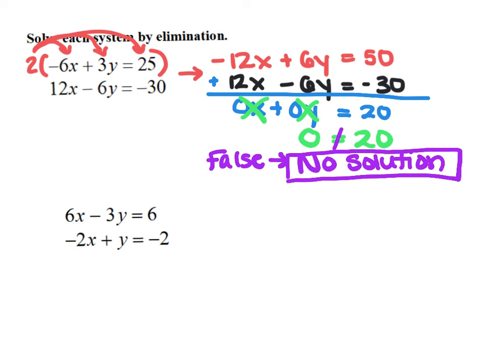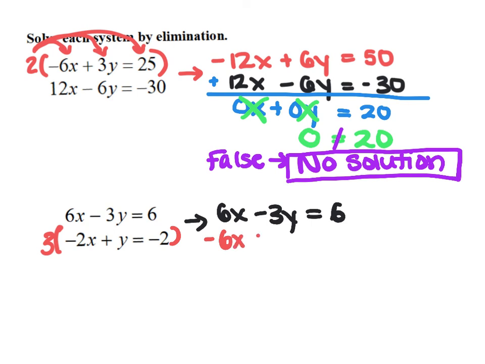In the second example, if I decide to multiply the second equation by 3, my first equation will stay the exact same. So I have 6x minus 3y equals 6. And the second equation becomes negative 6x plus 3y equals negative 6. Now when you add straight down,